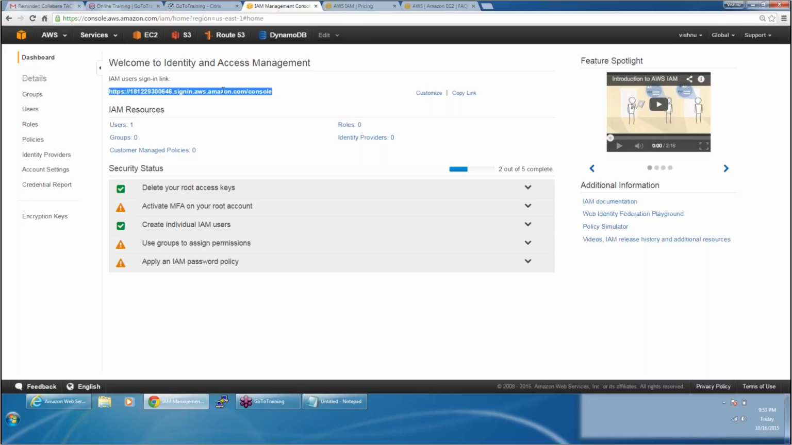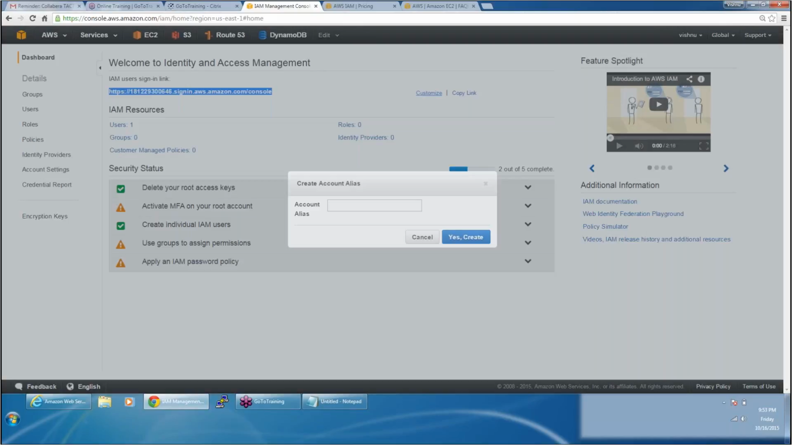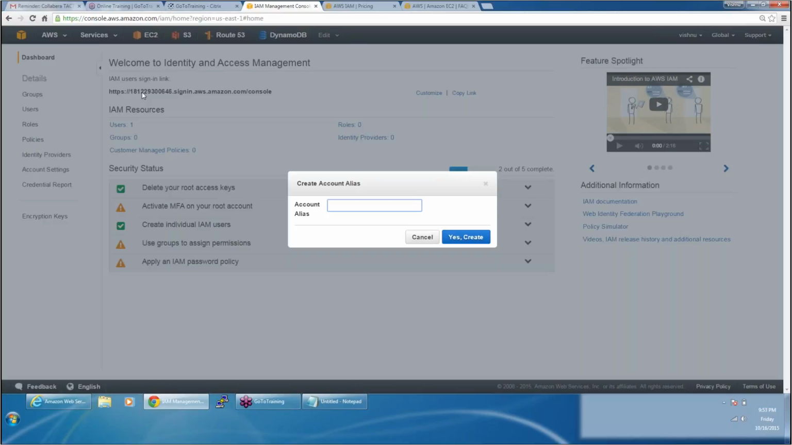This goes on. Say I don't want to show my account number to everyone. This account number I want to keep secret. Then what I can do is click on customize, and even if I have to give someone this account number link, it's going to be very difficult to remember. So what I can do is change that. I can change that to, say for example, Collabra. If I say yes, create, Collabra already exists. So I'll say Collabra